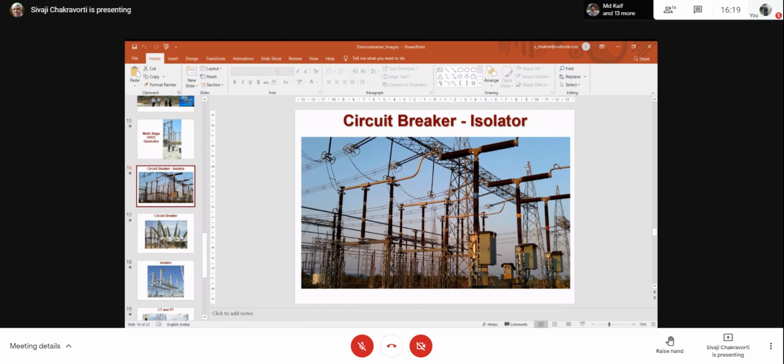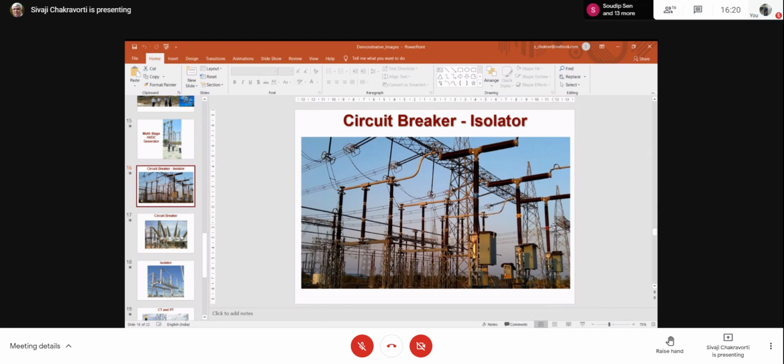connected transmission lines. And I already probably told you that in real life, nothing is ABC or phase 1, phase 2. In real life, we do it by colors, and that's why we say red, yellow, blue phase. So you can see here, can you see the red color here in the middle? Yes. So this is the red phase circuit breaker. This is the yellow phase circuit breaker. This is the blue phase circuit breaker.